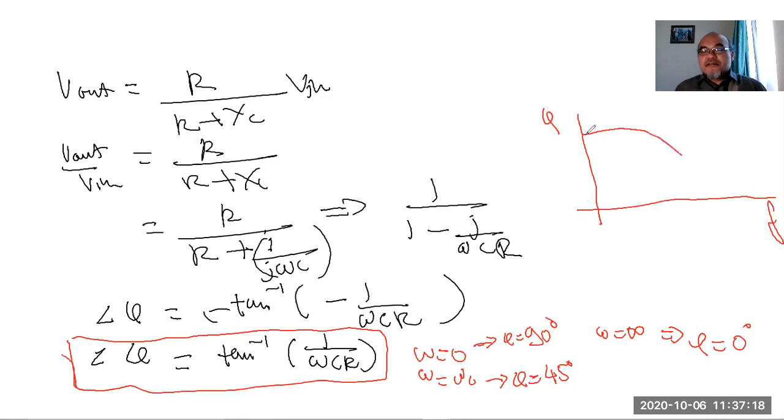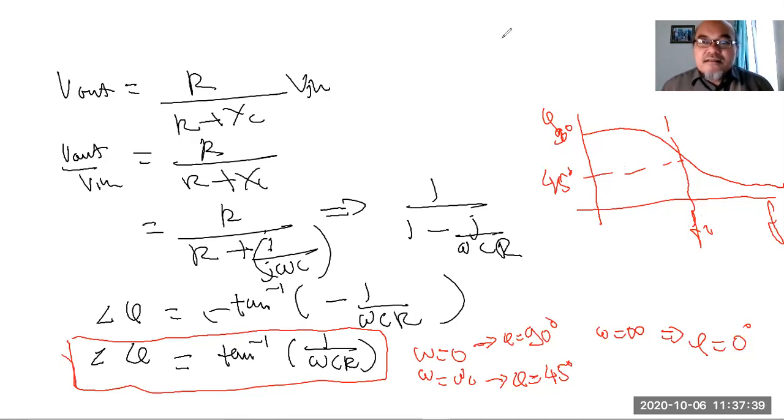So we can draw it something like this. At infinity, it is approaching 0, while at FC, this is 45 degrees, and when F equals 0, the phase change equals 90 degrees. Okay,